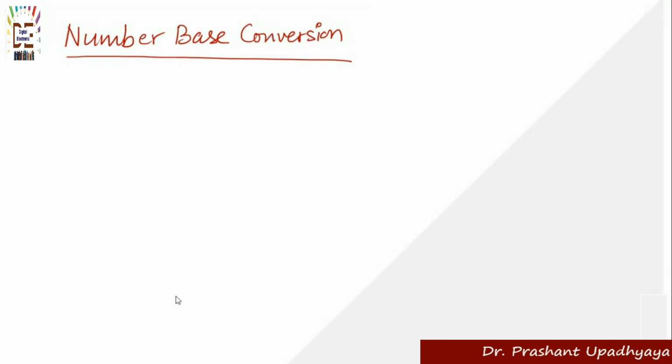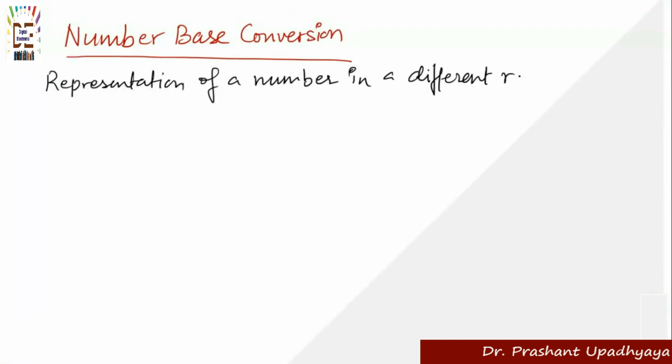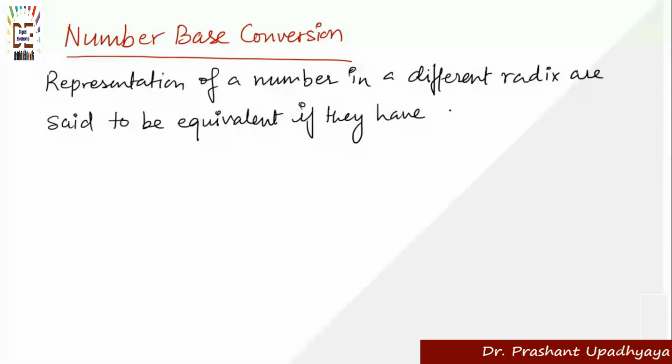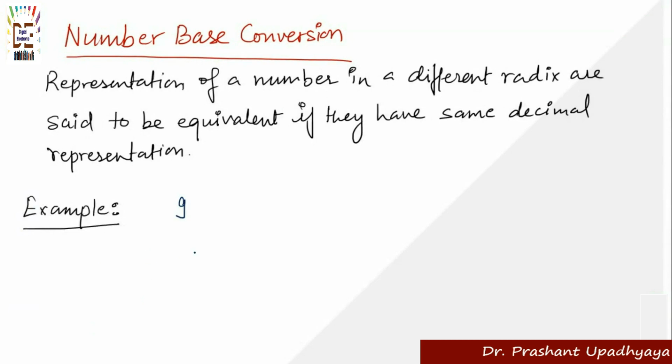So what we are saying is that representations of a number in different radices are said to be equivalent if they have the same decimal representation. I will tell you this with the help of an example, what this statement means. For example, suppose I have to represent 9. This 9 is my decimal. If I am representing this 9 in, let's say, base 2 or base 8,